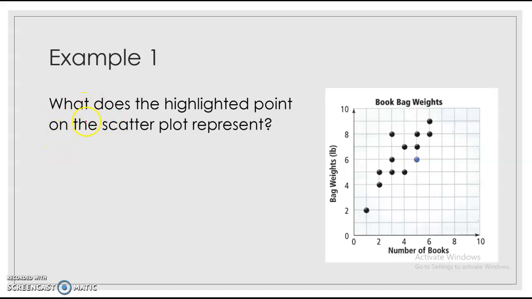We're going to do this first example, which says, what does the highlighted point on the scatter plot represent? So here's our highlighted point. That's the point 5, 6. And so to figure that out, we want to look at the fact that X is our number of books, right? And Y is how much our bag weighs. And so by knowing that X is books and Y is weight, then I know that the point 5, 6 represents